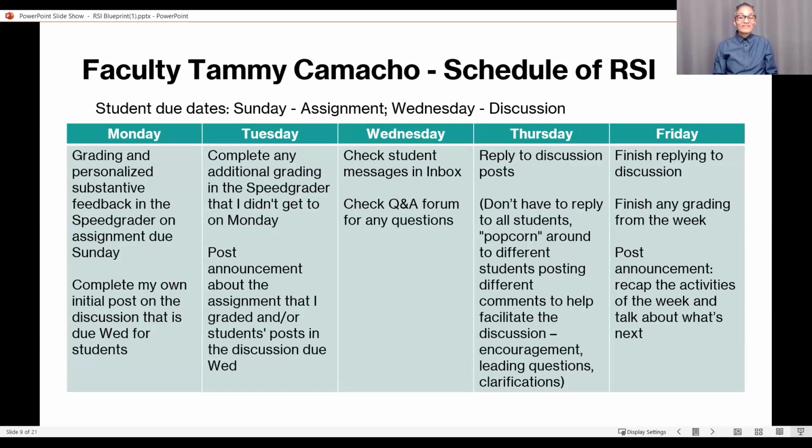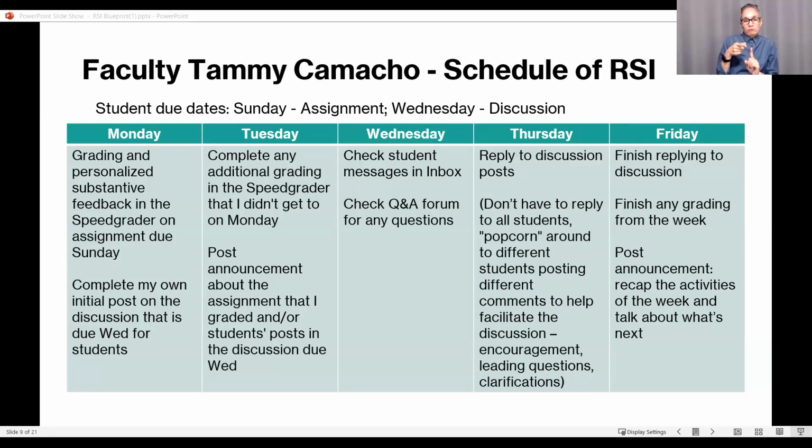So what we have here is an example from one of our colleagues, Tammy Camacho, who has made a communication plan for the things she is going to be doing for her students in one of her courses.